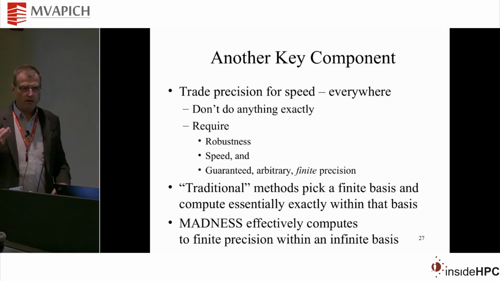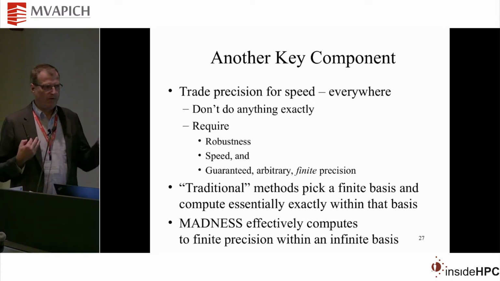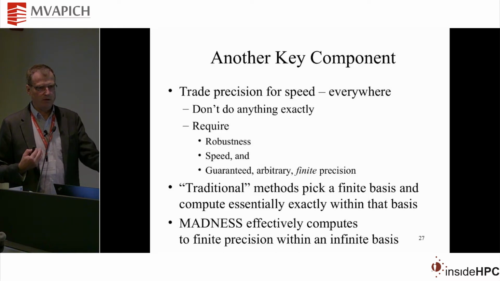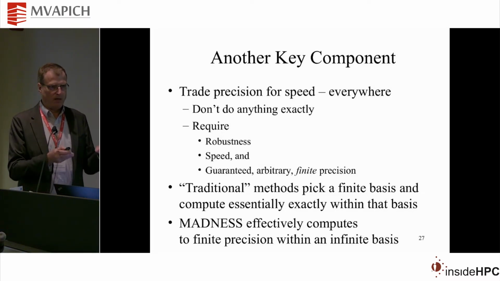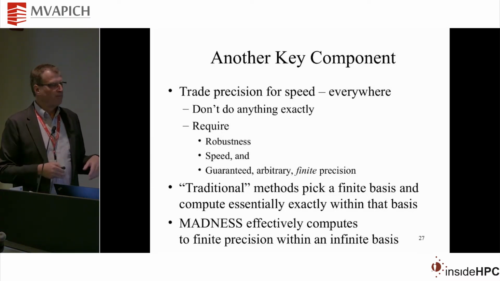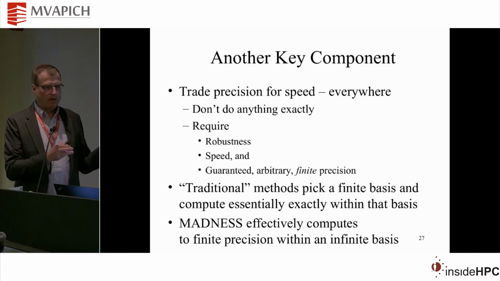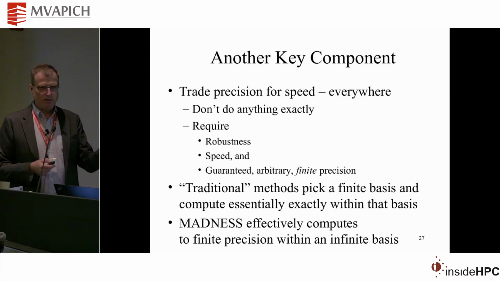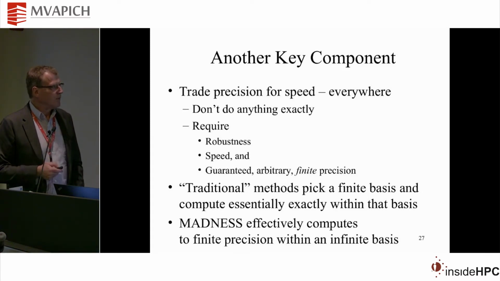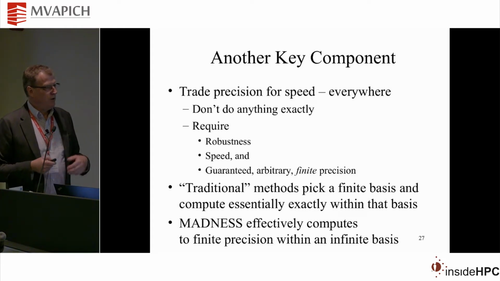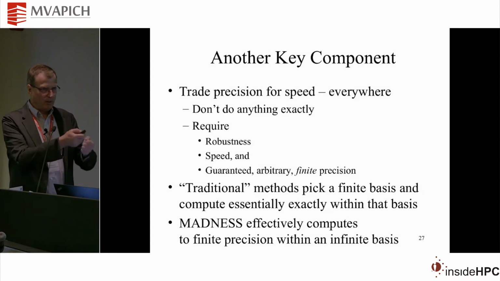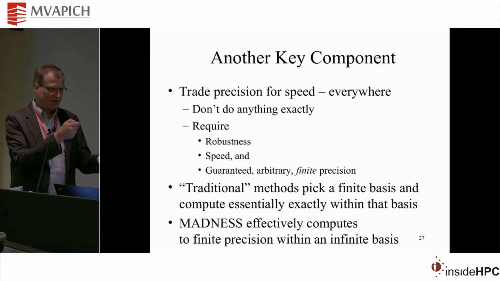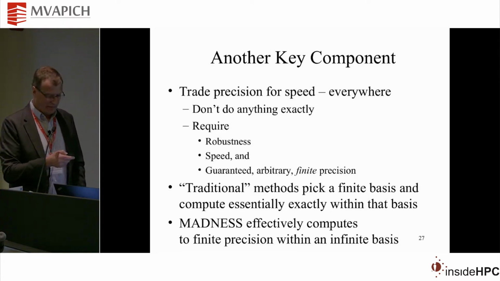And the key thing is nothing is done more accurately than needed. We do everything to the precision requested by the user. So it's not that we look at some numbers and say it's small, I'm not going to compute it, or say, oh, that number's big, I'm going to compute that number. Even for the big number, we only compute it to the necessary number of digits, right? And so we trade precision for speed everywhere we can. And I like to think of applied math as the rope that enables us to climb down the cliff in a safe way.